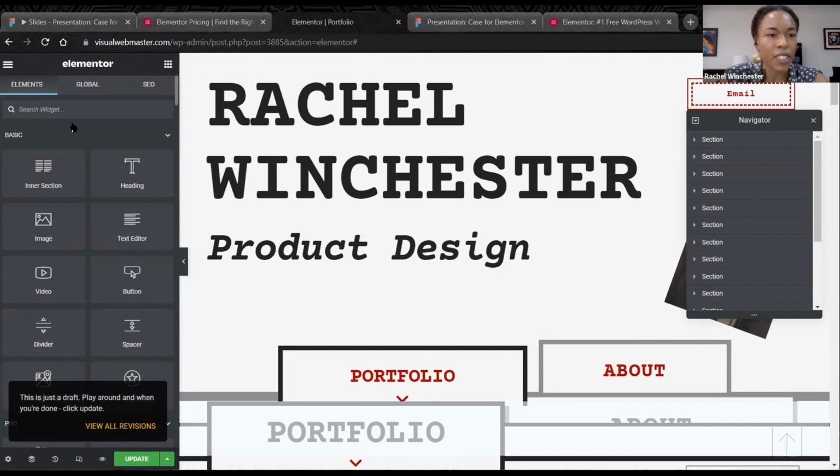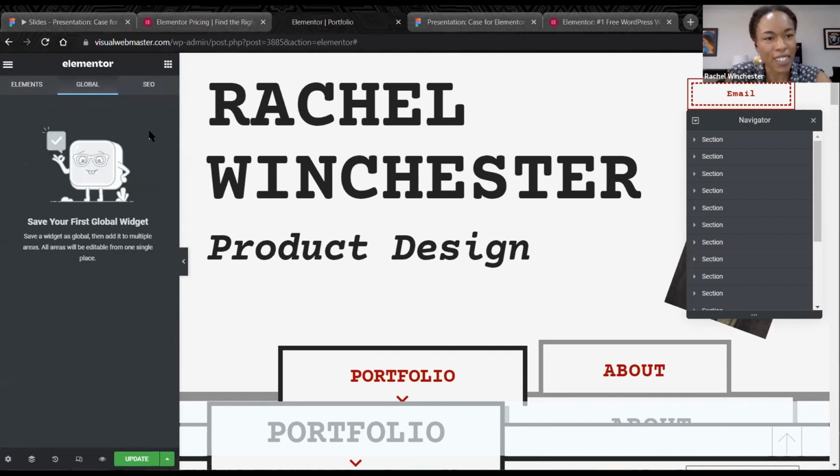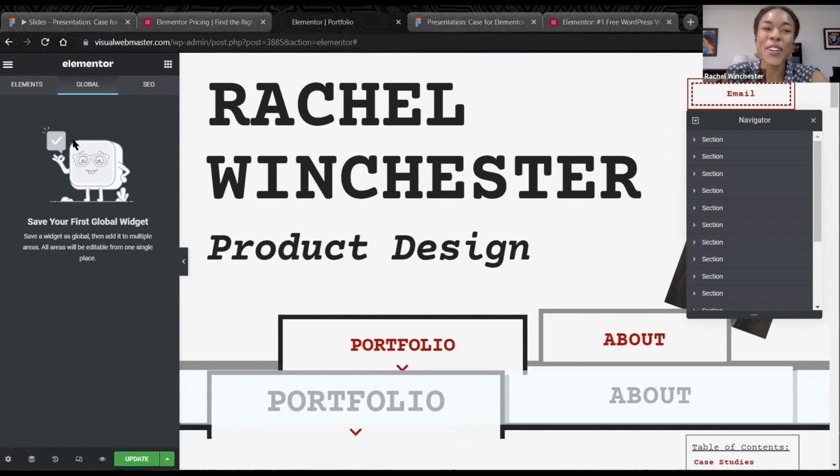All right, so I'll go down, just vertically going down in the sidebar, and explain these 2 things. Now I'm going to explain these 3. So the elements are the drag and drop things that I showed before. If I wanted to, I could create an element, save it, and use it as a global element. I actually don't have global widgets on this site because I built this site not knowing that that was an option, or maybe it was a recent update. But this site I designed a year ago, and I don't think this was an option, or if it was,